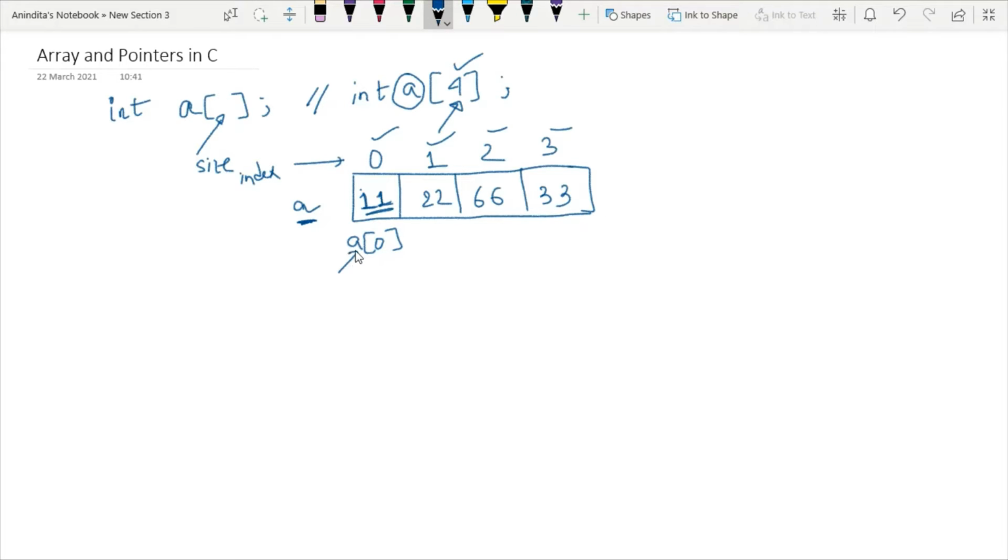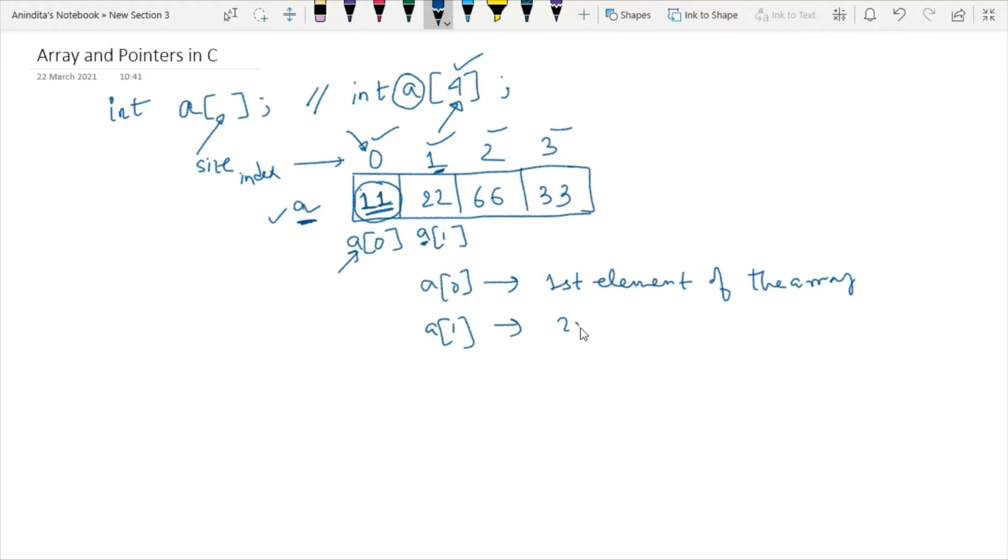It means a is the array name and this 11 exists at index 0. Whenever I write a[0], it indicates the first element of the array. Similarly, if I write a[1], array name and the index value is 1, so a[1] means the second element of the array.